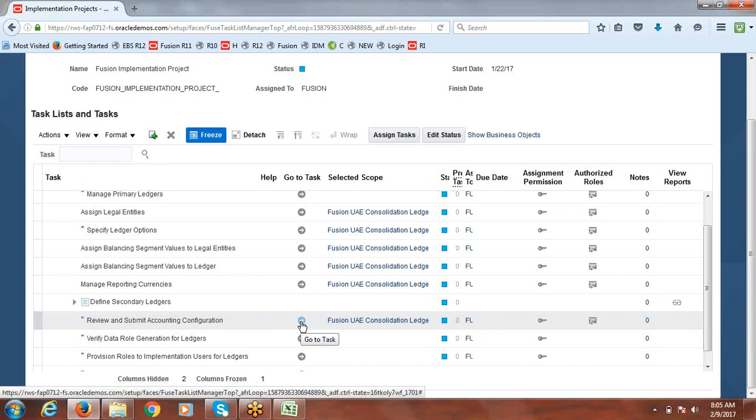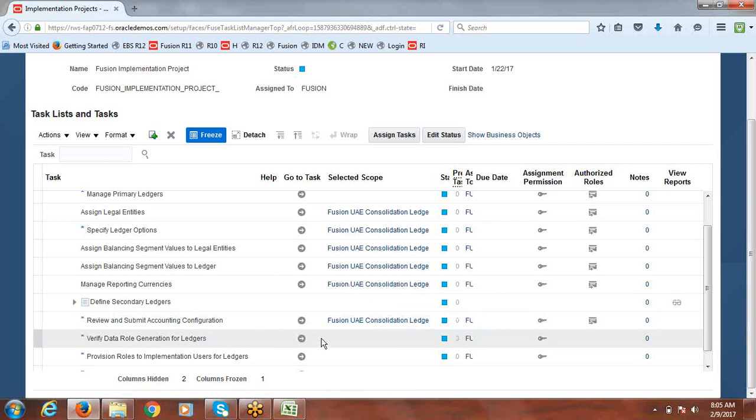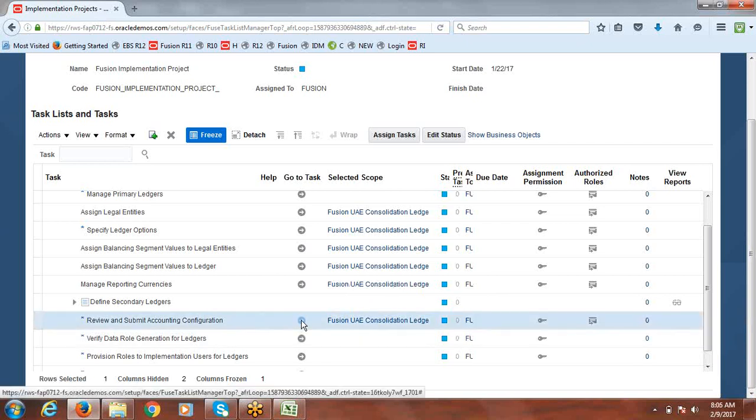We'll see before we start with the reporting concept, we'll discuss and we'll proceed. For now that is not required. Now within the scope it already got selected, Fusion UAE consolidation ledger. For that only we have to complete. So click on go to task icon,